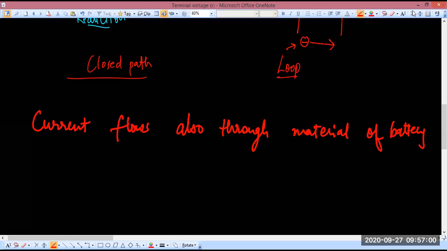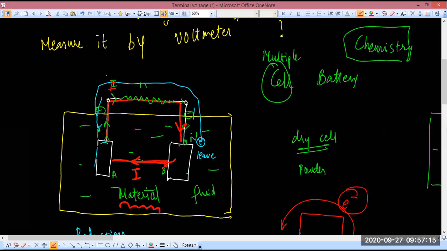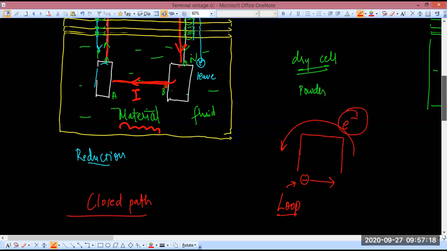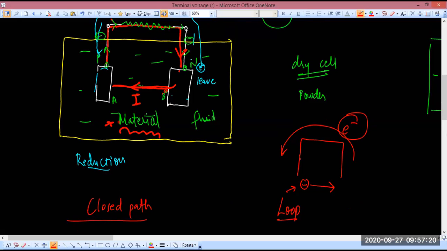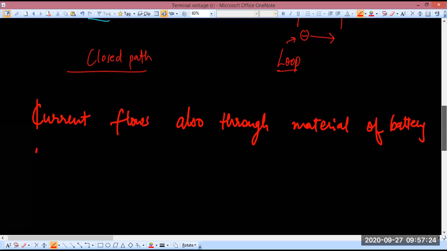Okay, so let's continue. So I'm saying that current is flowing through the material of the battery also, right? Now any kind of material, listen to this carefully, whatever this material is, fluid, solid, doesn't matter. Any kind of material